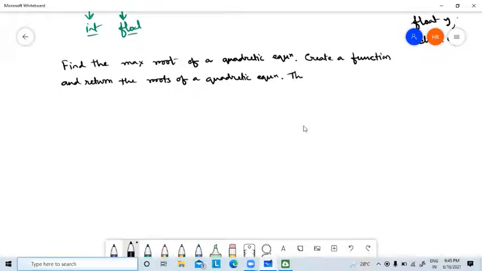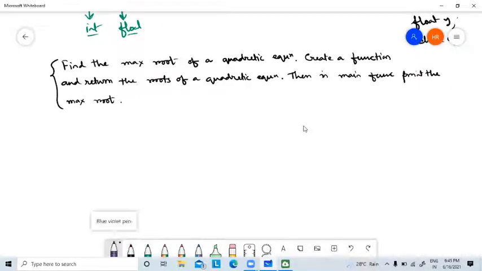Then in the main function, print the maximum root. So the problem explicitly defines that you have to create a function, and you have to return the roots of the quadratic equation. So you have to create a function from where you return the roots of the quadratic equation.